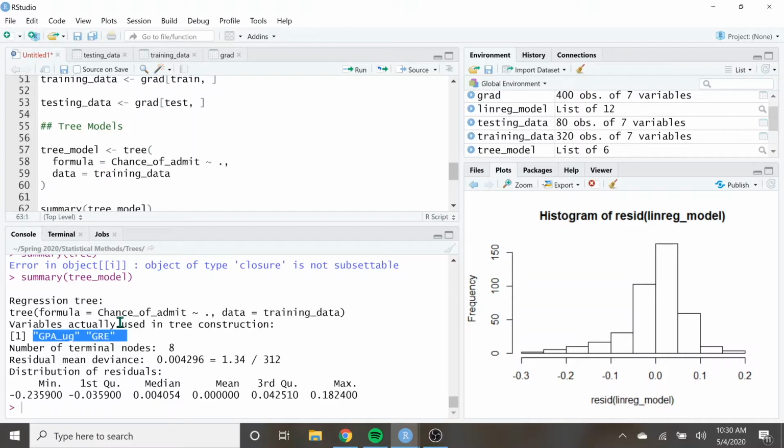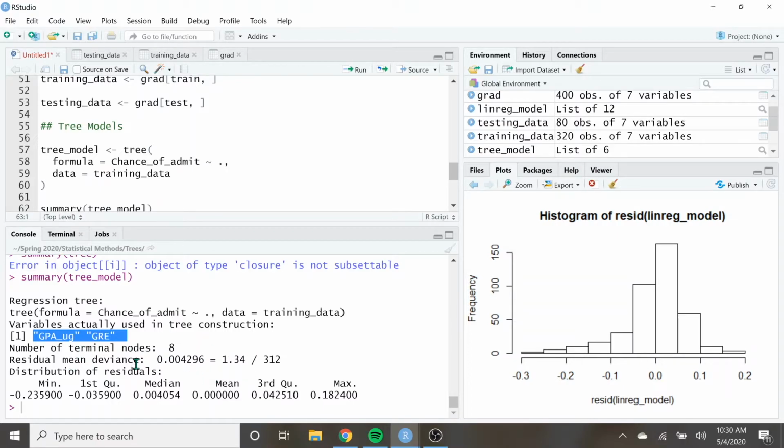Now, I'm not using significant in statistics terms, I'm using it in the English way, that these 2 variables contribute the most to the outcome, okay? Number of terminal nodes is 8,